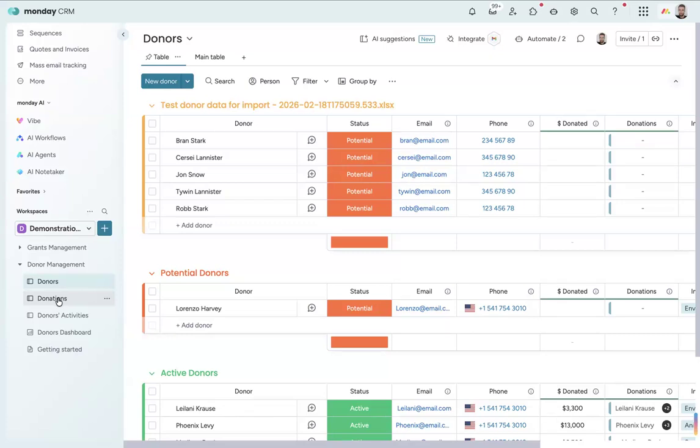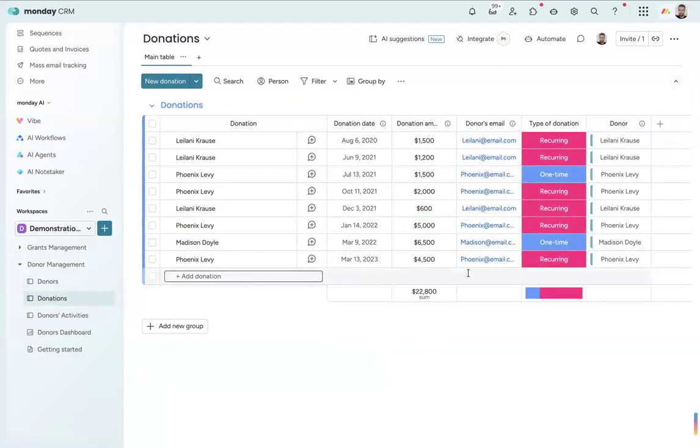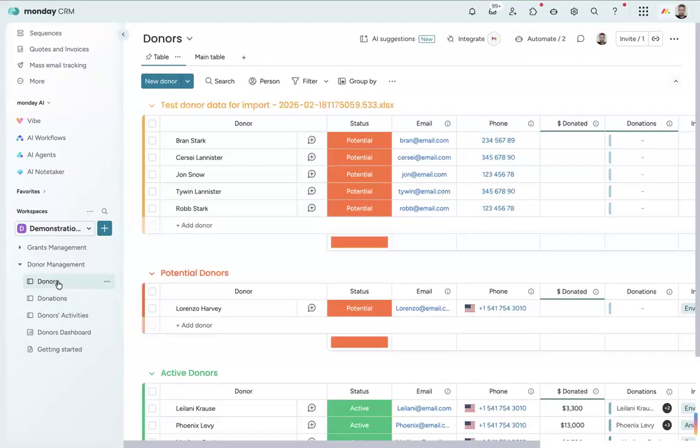But basically, you would want from Zapier the information to come into two places, and only in the donations board it would definitely appear. If it's a new unique donation, it should definitely appear. And coming to the donors board, it should only appear if it's not already there in the list.